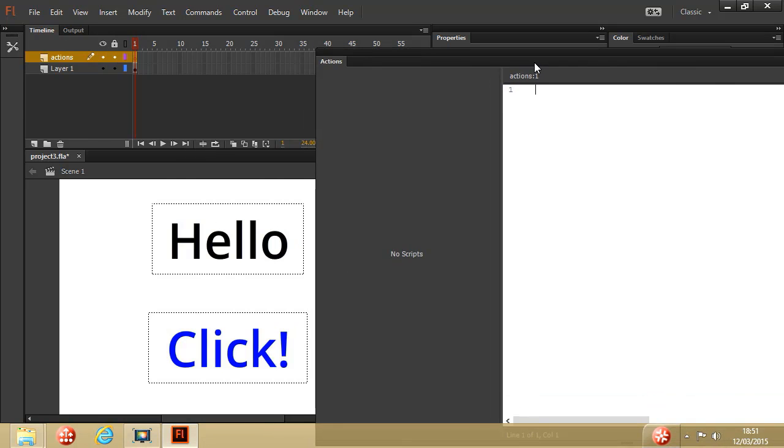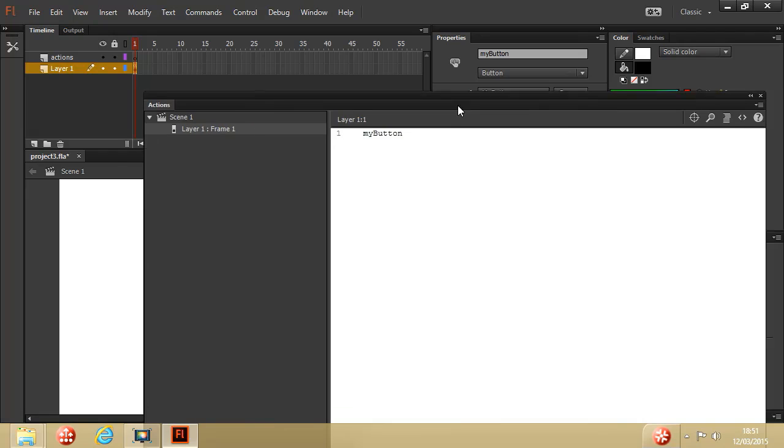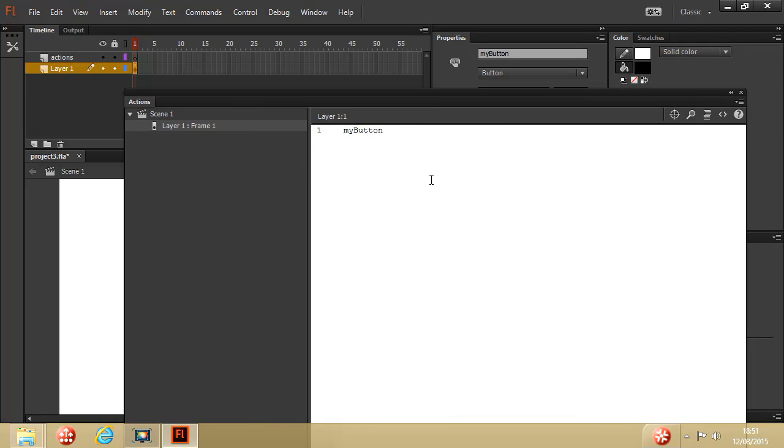So I want this text to change when you click on the button. So the first thing I need to do is to tell ActionScript that I want this button to respond to a mouse click. And I've given this button an instance name, my button. So my button, and then I need to tell it that I want it to respond to mouse events. So I'm going to use the dot syntax, which we discussed last time,